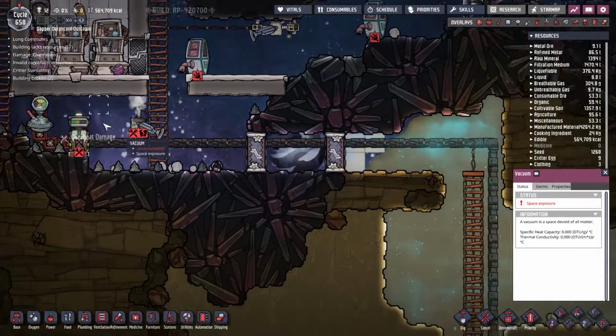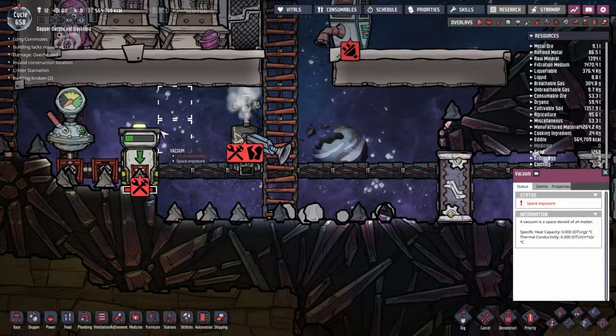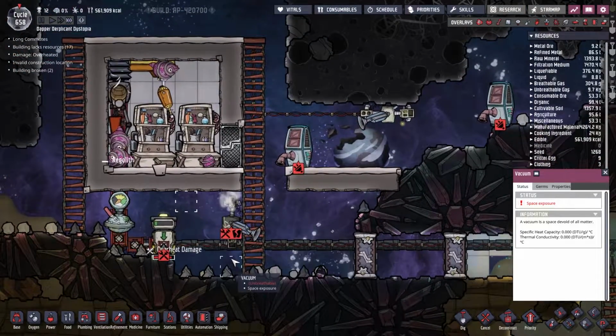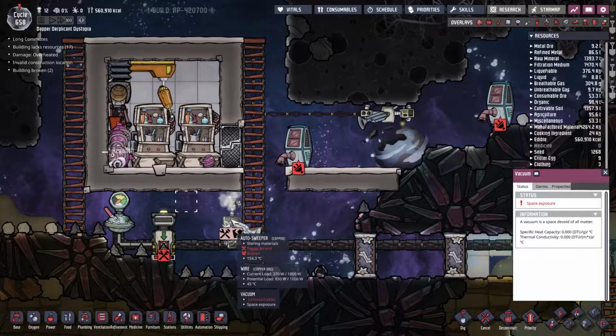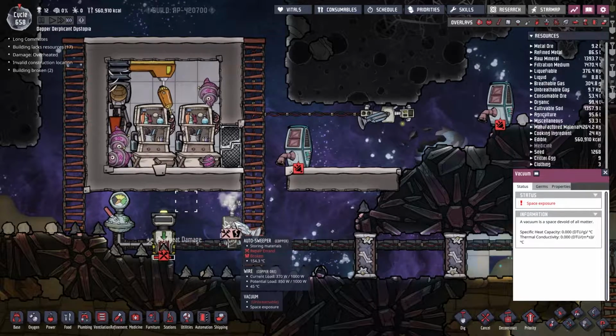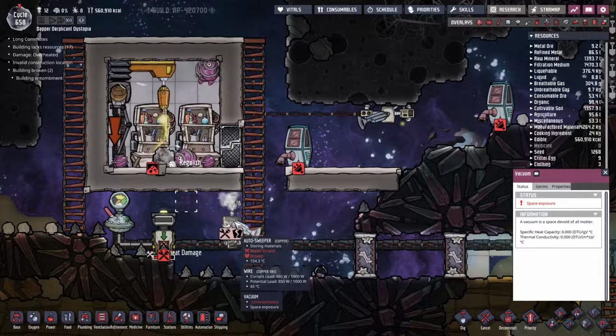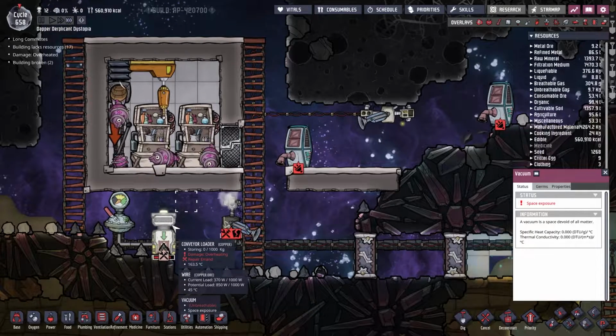I would need to vent some more CO2 around here. But I was hoping that that would be a little bit easier to maintain with the temperature, but clearly not. It does generate heat, and there's no way for that heat to move away, so...